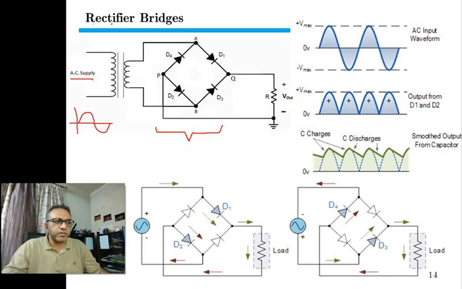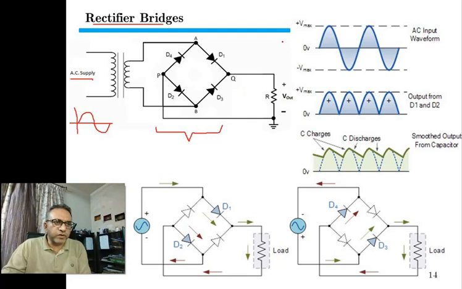This is the bridge rectifier or rectifier bridge. It consists of 4 diodes D1, D2, D3, D4. Now this bridge rectifier will be used with a capacitor. Although the capacitor is not shown here at this moment, it will be used as an output capacitor. The capacitor's purpose is to regulate or smoothen the output voltage. Now let us look at the waveforms.